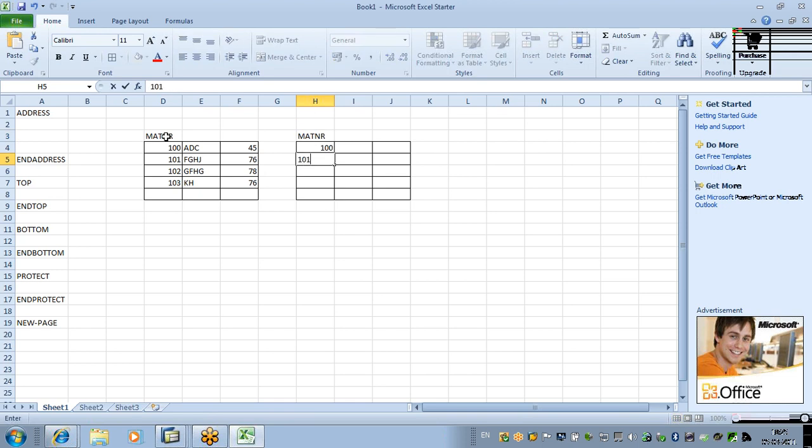100, 101 is there, 102 is not there, and this is, assume that this is MAKTX, material description, and this is MEINS, unit of measure. Unit of measure is PC, and here also PC. Okay, so now in the output, what I want, by using inner join, I want